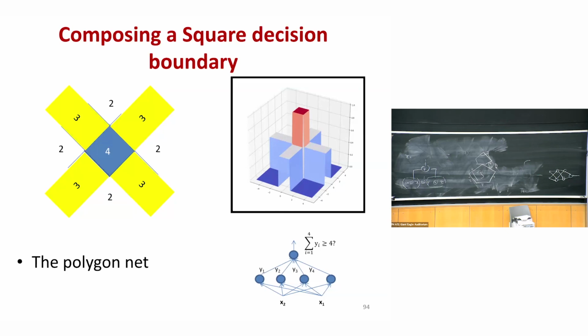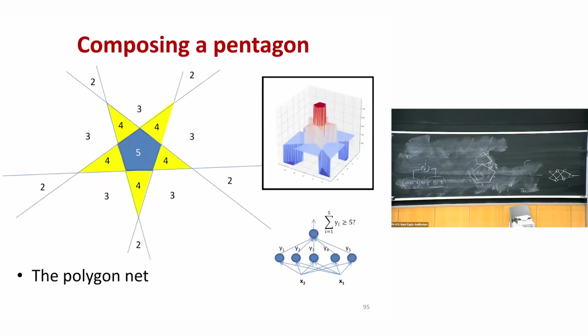If I slice it at 4, it's going to give you the diamond decision boundary. Now, if I have a pentagon, that figure to the top right is showing the sum. It's not very cleanly drawn, but you get the idea, right? And so the sum is 5 inside. It's 4 inside those little triangular regions, 3 in the big spaces outside, and 2 in the slits to the